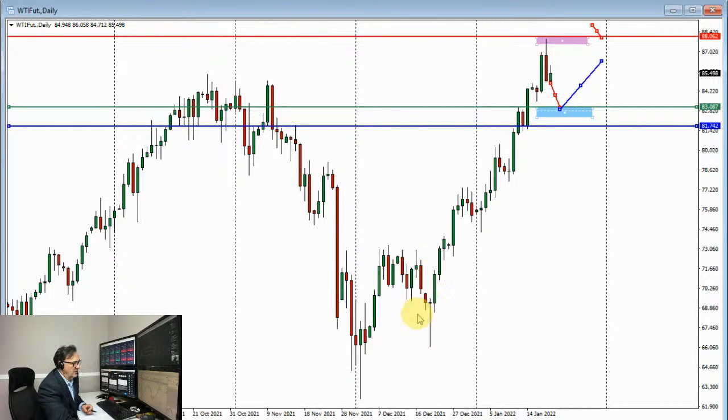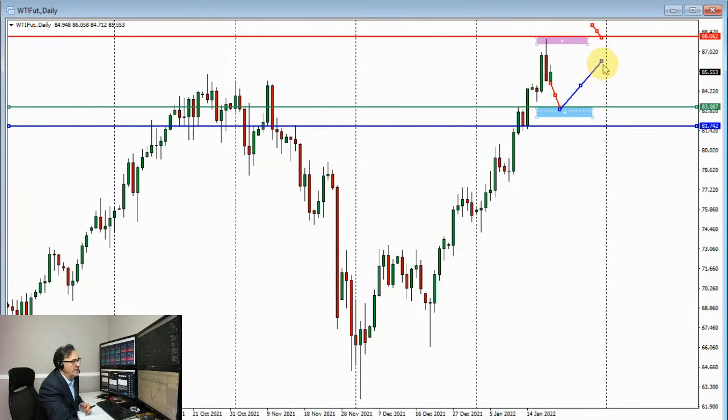This is called a morning star reversal. I would be looking for a bullish hammer if it doesn't have a wick. I would be looking for a bullish engulfing, which looks like that, to happen here, and if that happens, then I will put my stop loss at 81.70, quite likely. Therefore I'm risking about 130, 140 points of risk, depending how you get in, where you get in, what the